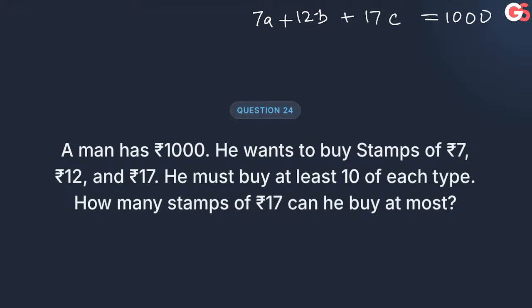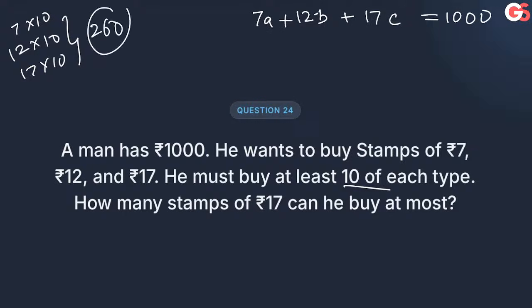he has bought at least 10 of each type। ये तो कंफर्म है ही है। मैं एक काम करता हूँ, मैं पहले 10 को दे देता हूँ। लेट मी से ऐसे कि 10 उसने कर दिया है। सो 7 into 10 और 12 into 10 और 17 into 10 जो है वो उसने पूरा कर लिया ऑलरेडी। 7 + 12 + 17, 7 + 2 19 26, 260 रुपीज खर्च हो चुके हैं उसके। इसके बाद जो है वो ये है ABC।